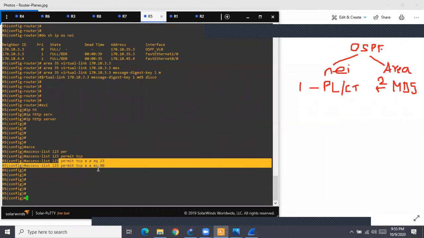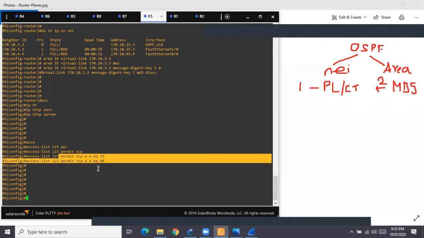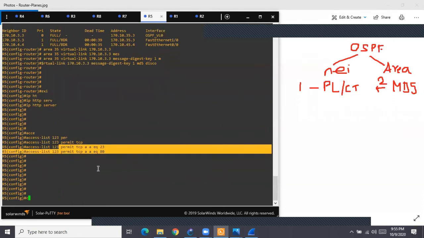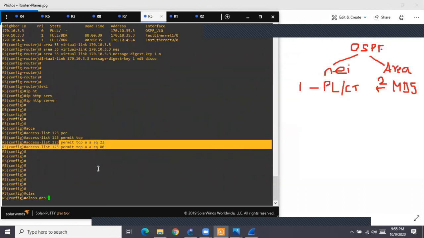Create an access list. Whichever application you want to deny, in the access list what do you do? Permit it. Why? I'll explain just now. Wait. Clear? That's step one. Now the next step: in route filtering, what did we used to do? Route map, right? So now instead of a route map, you have something called a class map.